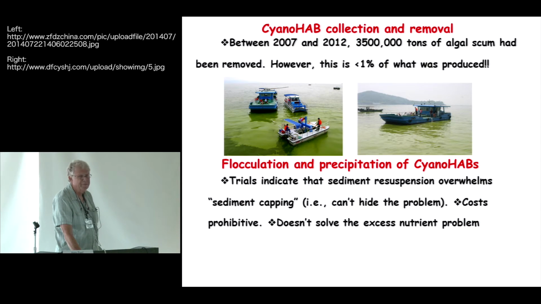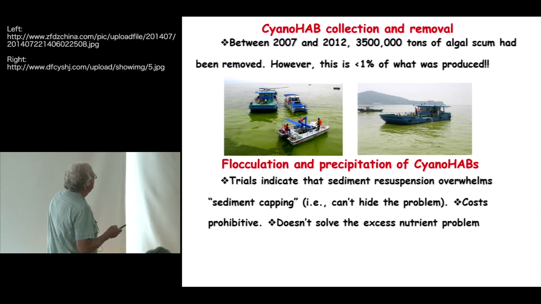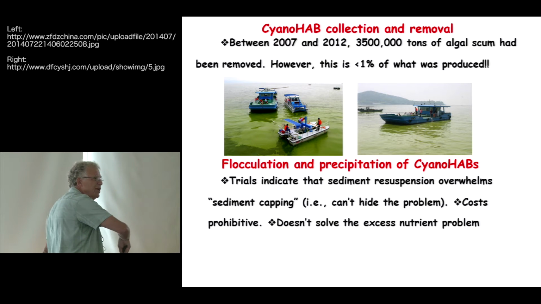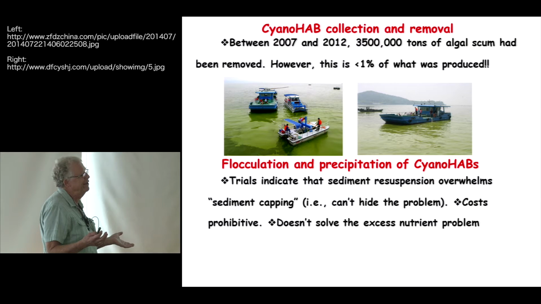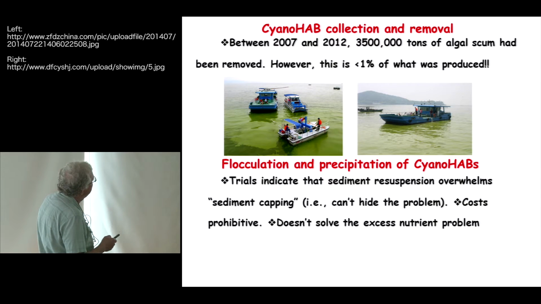There are a lot of people in China that can be put to work cleaning up the blooms. And in 2007, there was a major bloom that caused the drinking water plants in Taihu to be completely shut down. So a lot of people were hired to collect the bloom, bring it to a place where it was processed and put into pellets, and then converted into methane, which sounds really good. But the problem is that only about 1% of what was produced could be harvested in the lake at any one time. So it's sort of like trying to kill an elephant with a BB gun. It's not going to work very well. So this physical effort is limited in terms of its effectiveness.